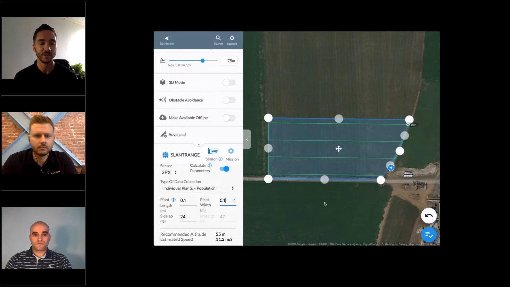So you can see, you can select what sensor you're flying. There's a calculate parameters switch there. If you turn that off, you can manually type in your parameters as you normally would. So set your overlap, set your speed, set your altitude. But if you flip that switch over, it brings up this really ag-centric flight planner where you can